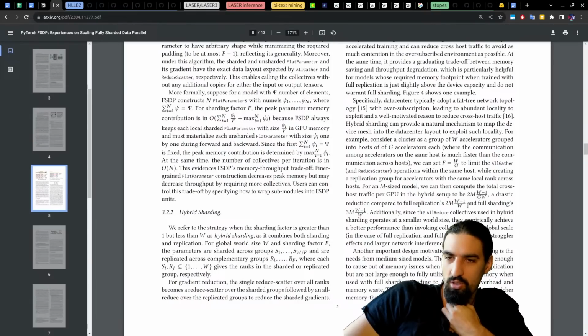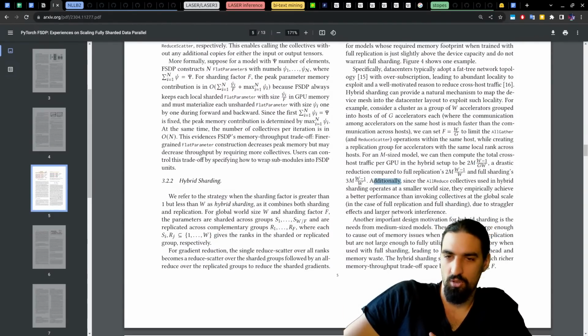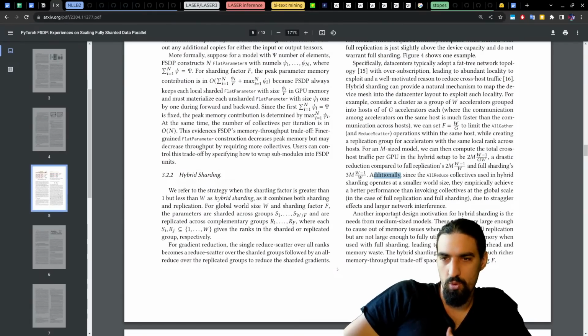Okay, so these are two extremes, 2M, 3M, and then you have 2M and then G as the factor here. It's basically like a knob you have at disposal to trade off between peak memory and communication overhead.